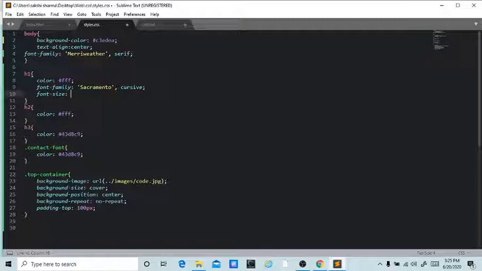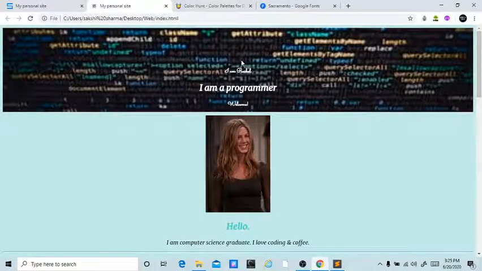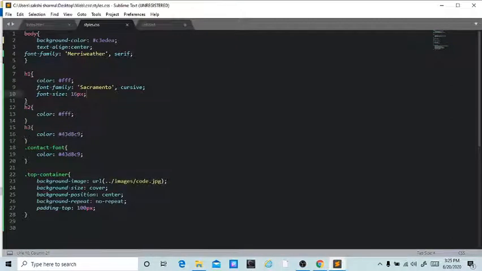So we have font size, let's say 16 pixel, and let's see, it's very small, but I'm just telling you the relation between pixel, percentage and REM. And if I write 1 REM, you can see it's still the same.